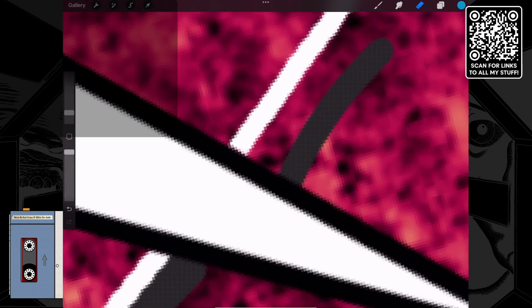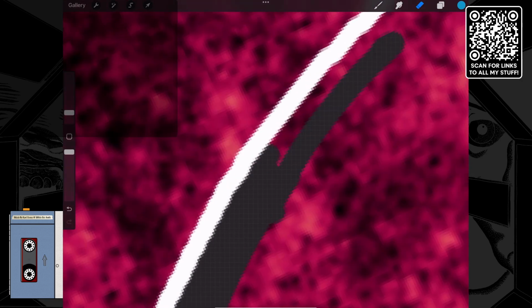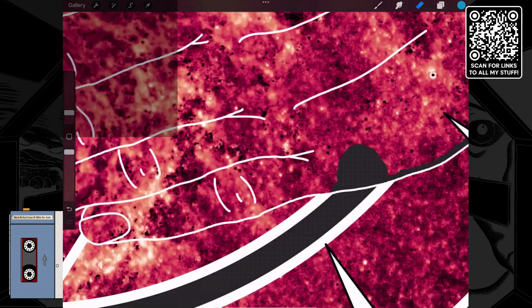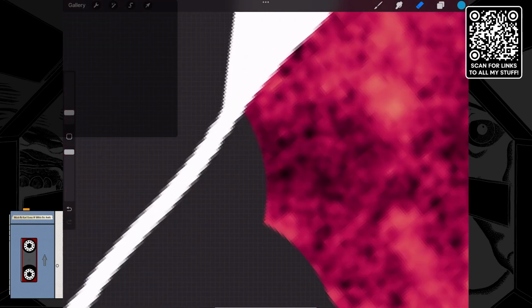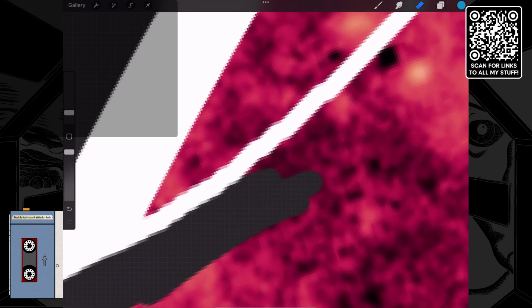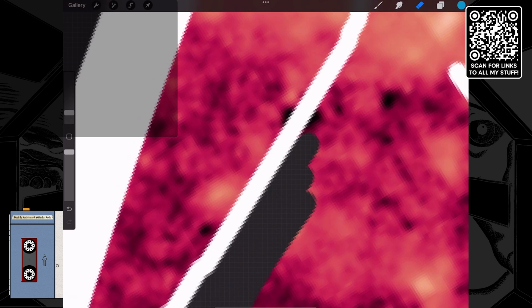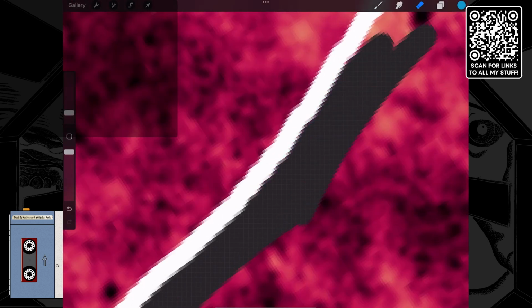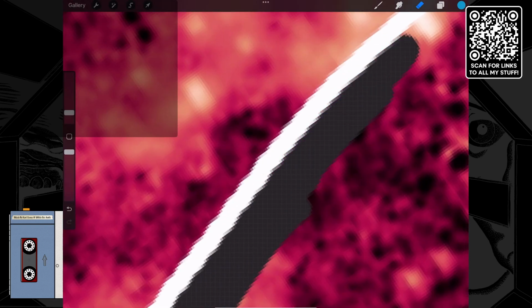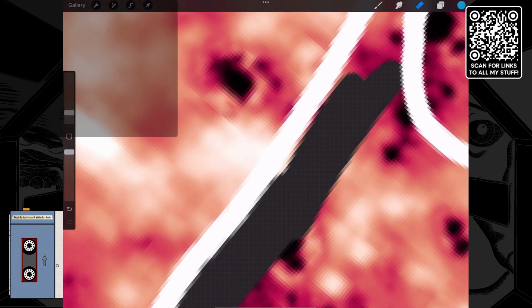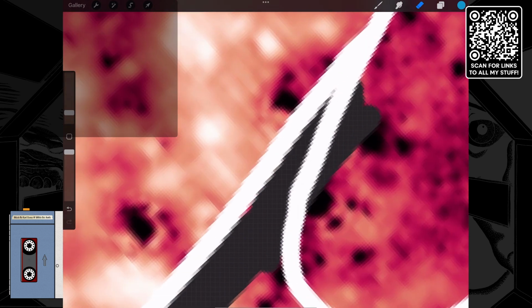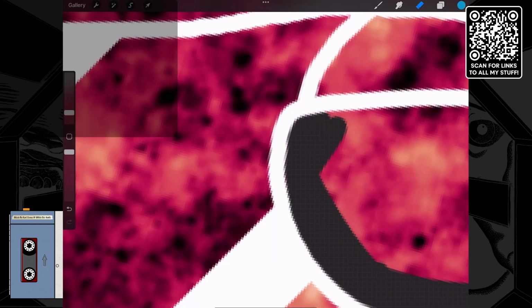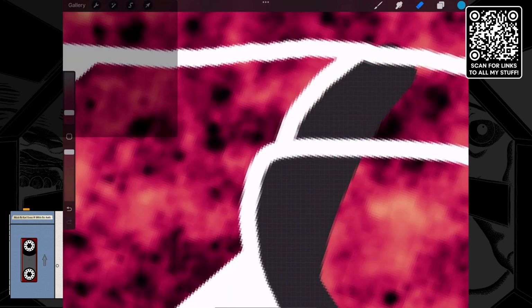So I'm going to jump into Photoshop for that part of it, which I don't like to do because I've definitely noticed that there is... what's the word for it? There is some kind of fidelity loss going between the two programs. Luckily, it's not something I've run into very often, and maybe this is just a consequence of two different programs working two different ways, but something definitely happens to the image, even though it's a PSD file and Procreate does support PSD files.